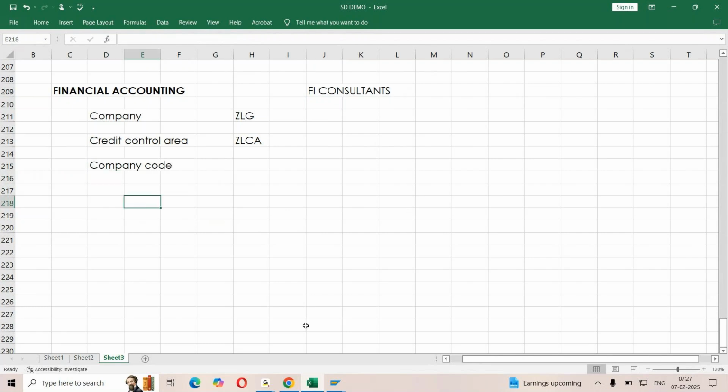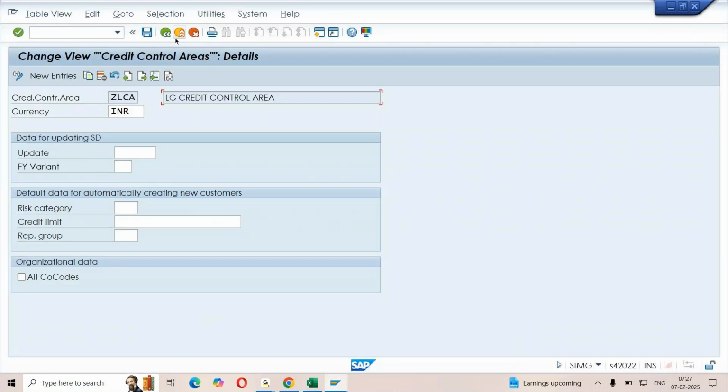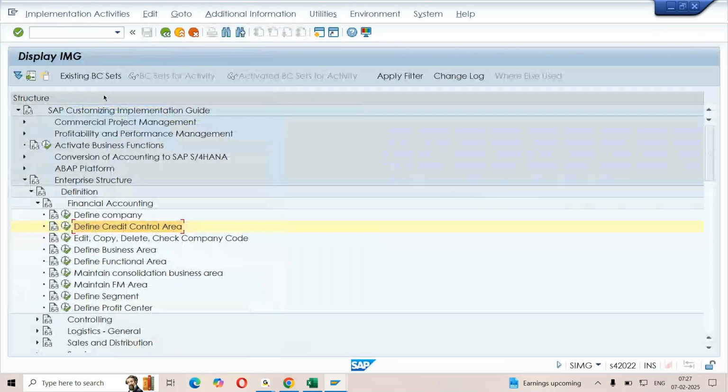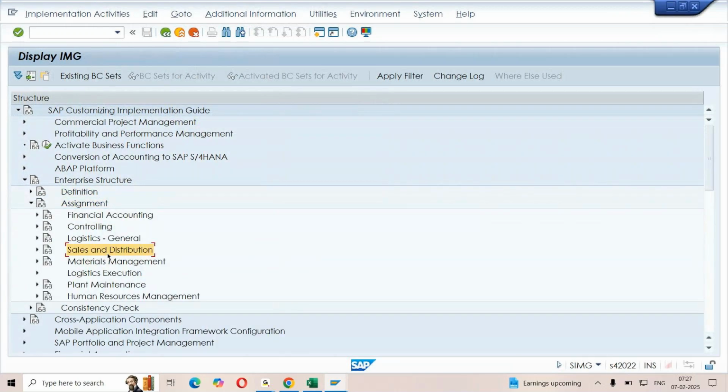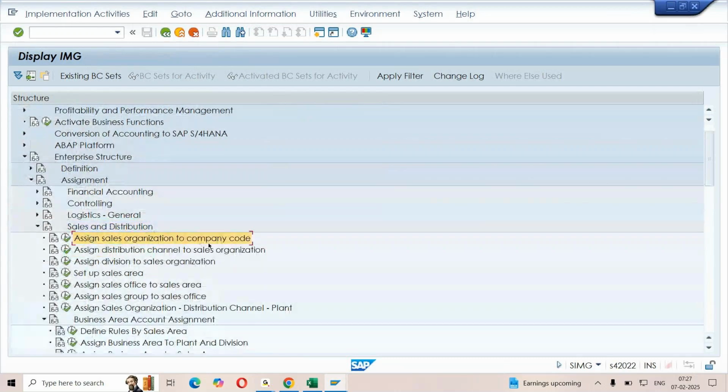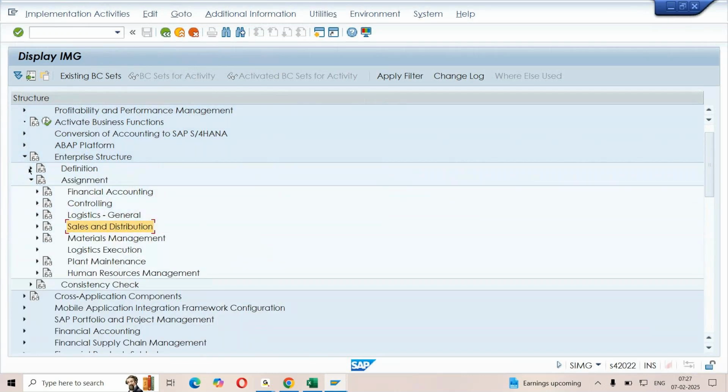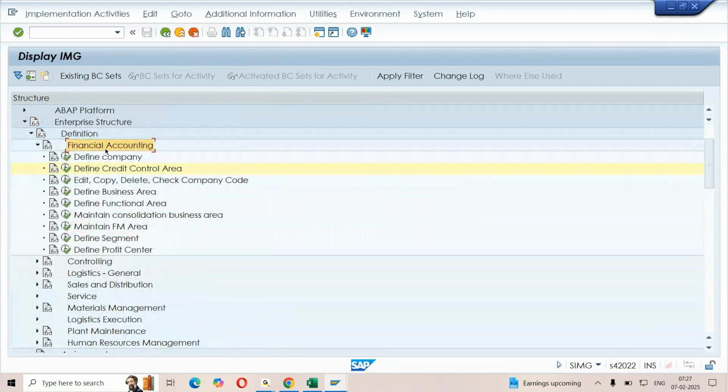Now, I can show you the reason why we are trying to do this. If you come back, this is part of definitions. If I try to get into assignments, you have sales and distribution. When you expand the sales and distribution, what is the first step you do? You need to assign your sales organization to what? Without company code information, can I perform this step? So that is the reason we are trying to learn how these things are going to be done as part of your finance. Okay. In real time, they handle it. We use that information. Now, this particular step, we pick it up from tomorrow.